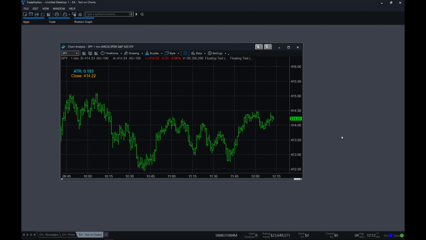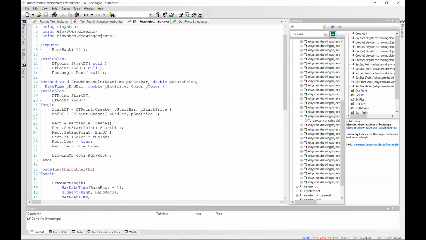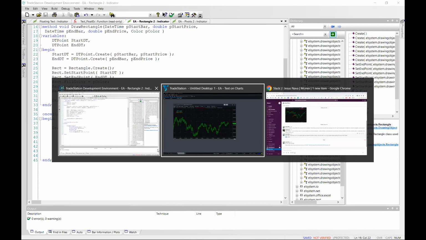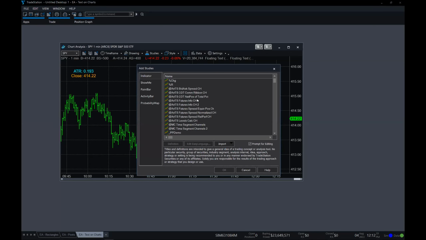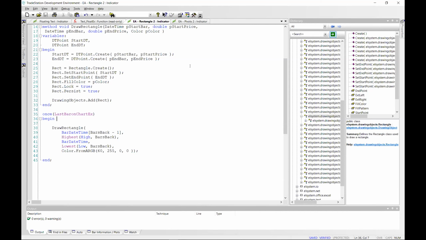Okay, so here, this actually is not a bad starting point. Let me apply it to this chart. I guess I need to verify the code here.